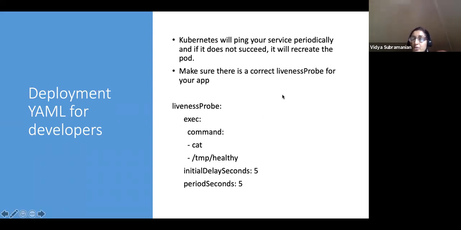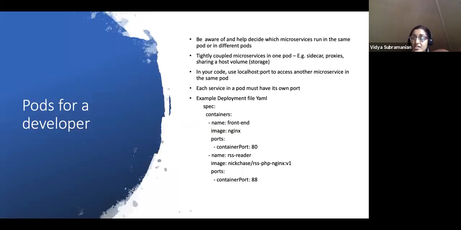You would be able to use something like this liveness probe and say a delay of 5 seconds or even lesser than that, to constantly check in to ensure that your application is alive and healthy. And you could even add other liveness checks, health checks on top of that.